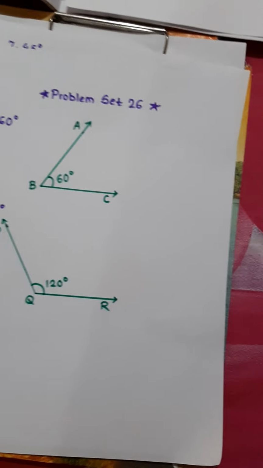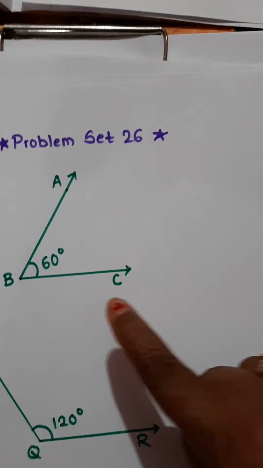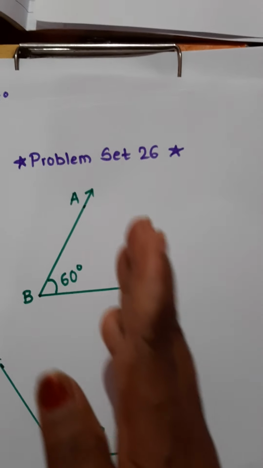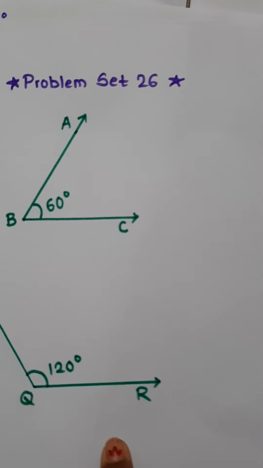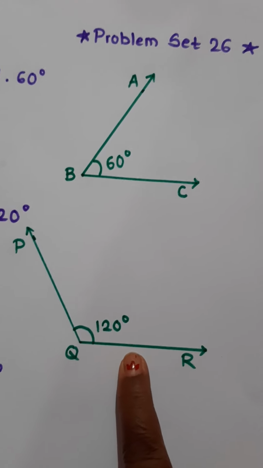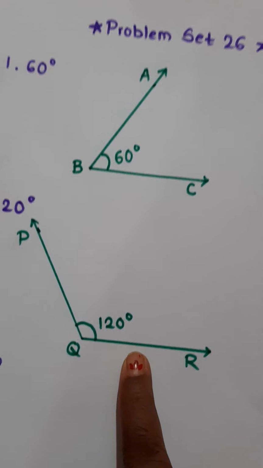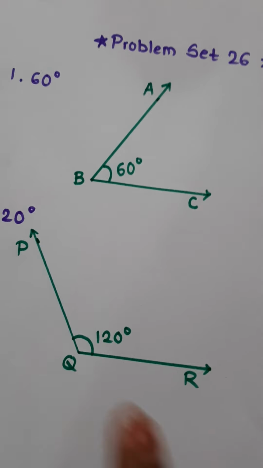See the difference between these two angles. The first angle is less than 90 degrees, so its shape comes inside, means acute angle. Look at the second angle, it is more than 90 degree, means it is obtuse angle. Look at its shape, it goes out. In acute, out obtuse.